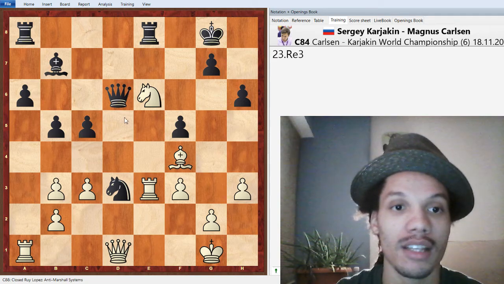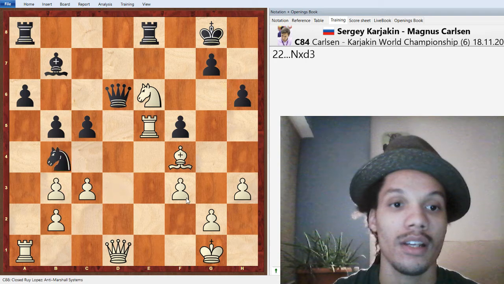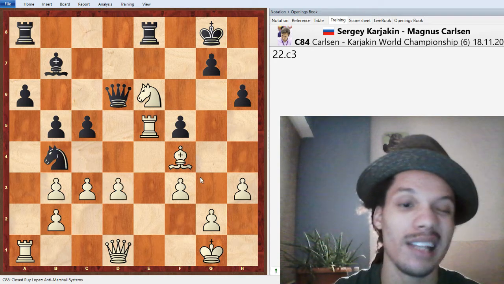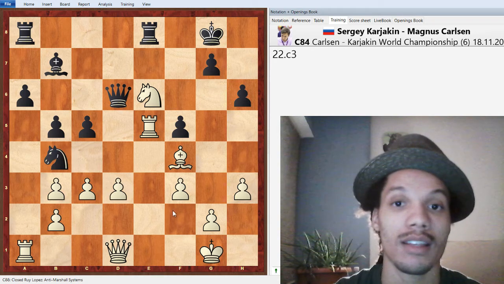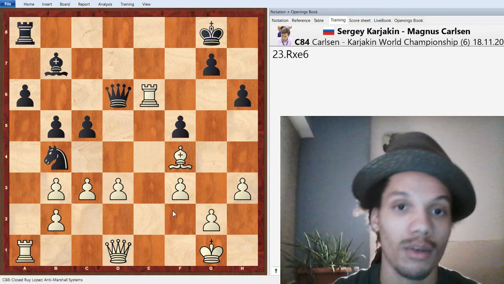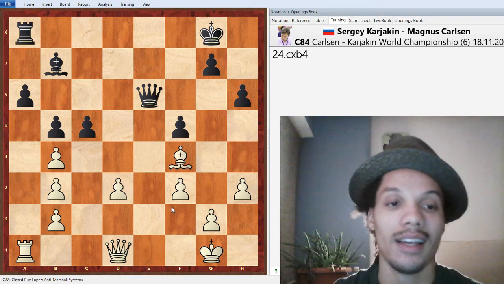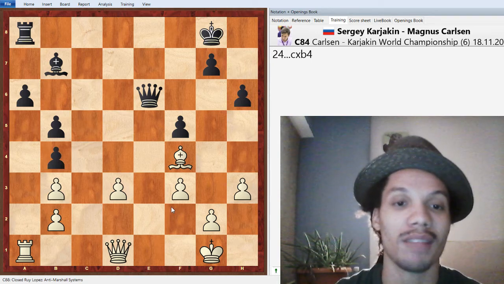The point is that this pin against the queen is very annoying because the bishop is protected by the knight, and now the rook retreating attacks the knight on d3, and the knight can't move because the queen is pinned and attacked simultaneously. So knight takes d3 is impossible, and now you have to take this knight on e6. And after rook takes e6, rook takes e6, queen takes, c takes b4, c takes b4, the dust is settled,